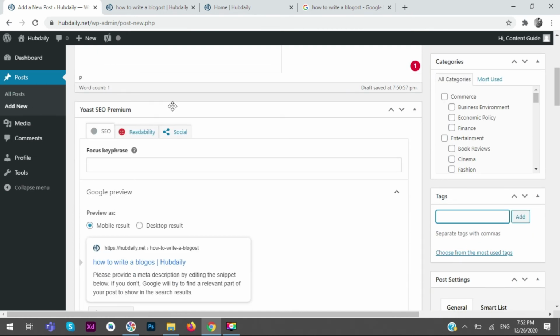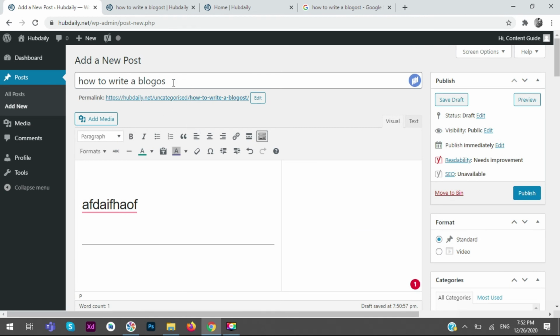What are tags? Your title is how to write a blog post. Just imagine that not everyone is writing these words in exactly the same manner. Someone will write how to write a blog post, someone will write how to write post, someone will write how to write a blog.